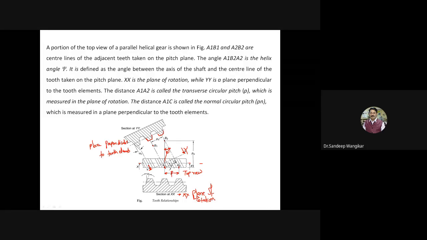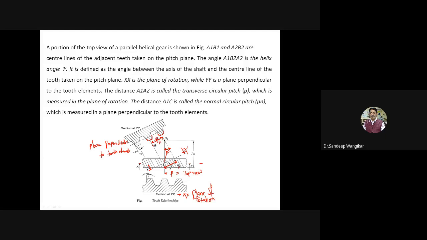Transverse circular pitch is measured in the plane of rotation. Very important, it is measured in the plane of rotation. And the distance A1C is called normal. See now, which distance I am highlighting? This distance, A1C. So this distance is highlighted as the